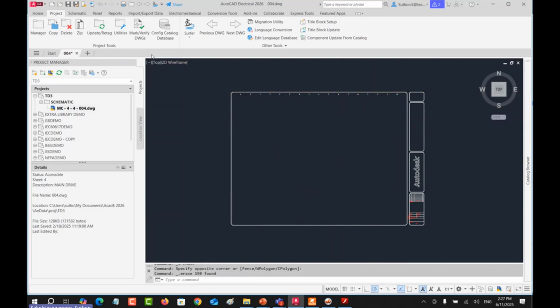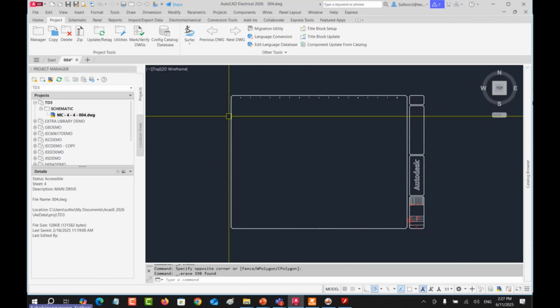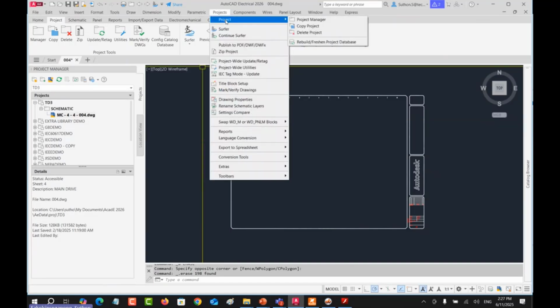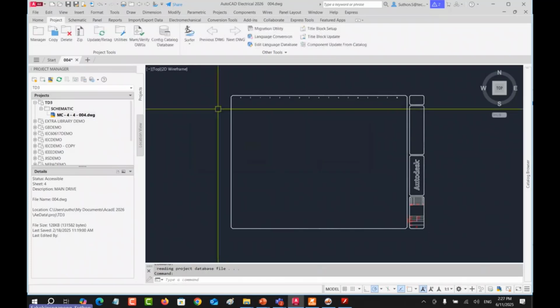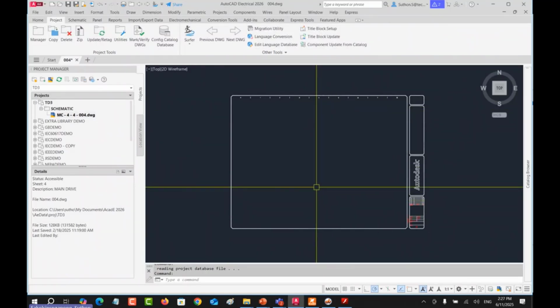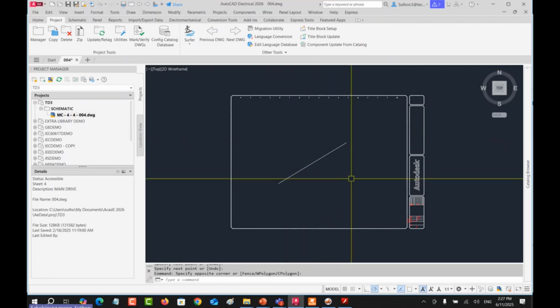So you have to update or clean the database by using the project rebuild fraction project database and full rebuild again after you delete the lines manually. For example, you have any schematic or lines on your drawing that link with the database, right?